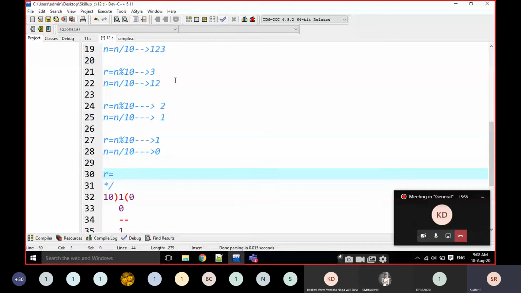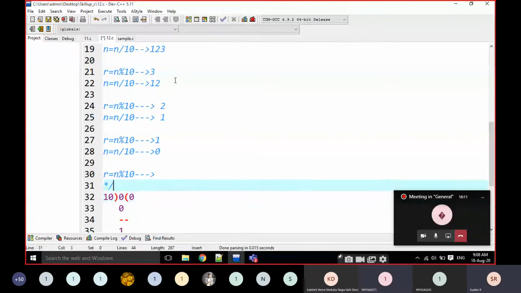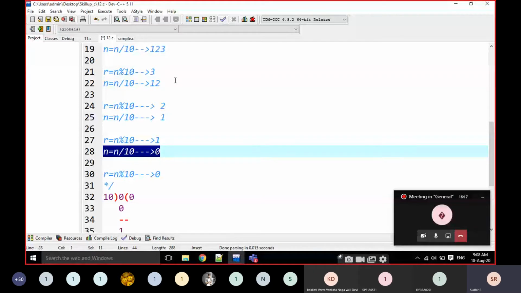Now again R is equal to n mod 10. What is the value? 0. Okay, that means we are not doing anything when the n value becomes 0. If n is 0, we cannot do anything.